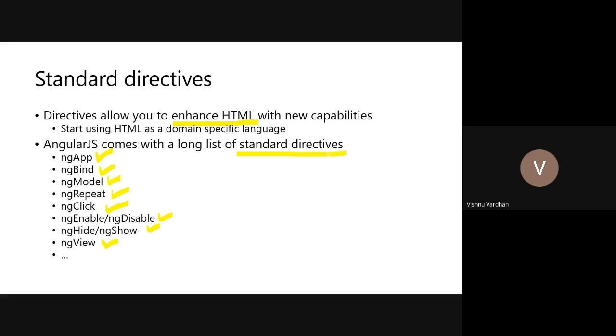This is the powerful nature of AngularJS. Whatever you want to achieve with normal HTML, sometimes it is not possible, and you can provide additional power and flexibility to your web application by using the AngularJS standard directives. We will see them one by one.